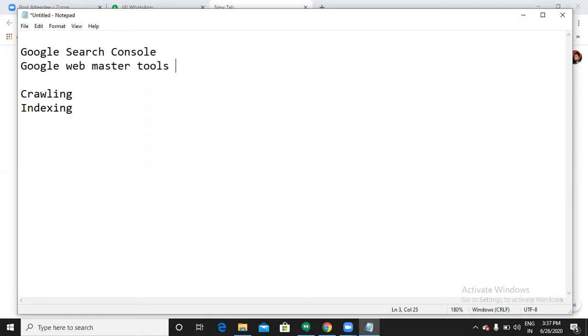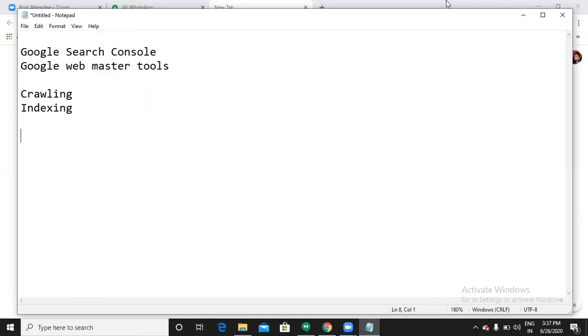Now someone asked me how can I check the positions of my website? How can I know how many people are reaching my website? All those things you can do with this original tool called Google Search Console. Again, it is developed by Google only. It's a completely free tool. Now let us see how we can associate our website with this tool and how exactly we can analyze the traffic and all.